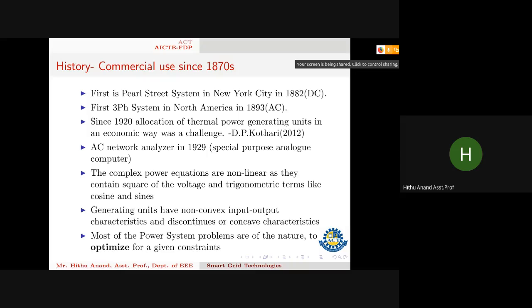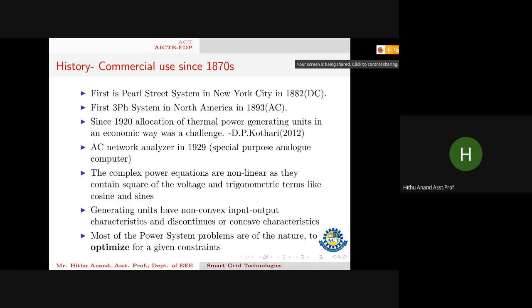Even when we are using mathematical techniques like the Newton-Raphson method, because those methods involve derivatives. The Jacobian matrix is the first order derivative of the real power and reactive power in terms of voltages and the angle. Those Jacobian matrices were not converging in order to get the bus voltage levels throughout the buses. So it became a bit difficult in those times.